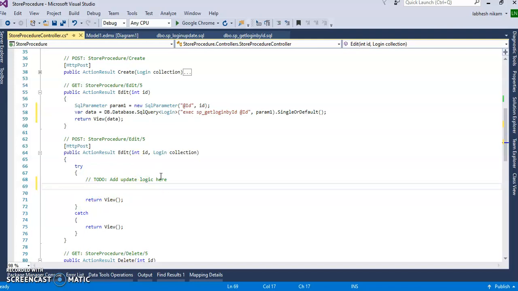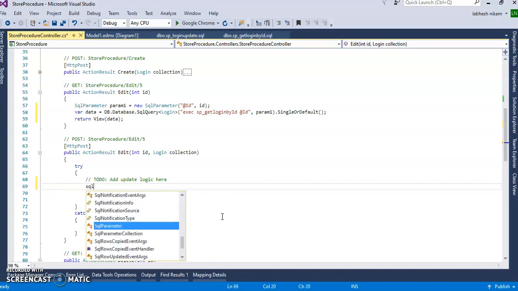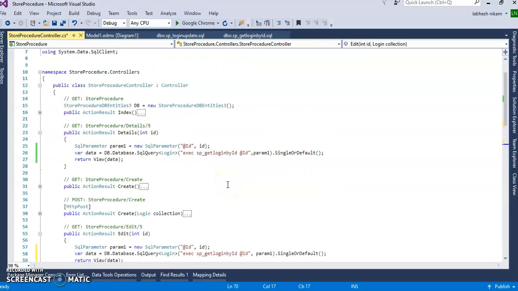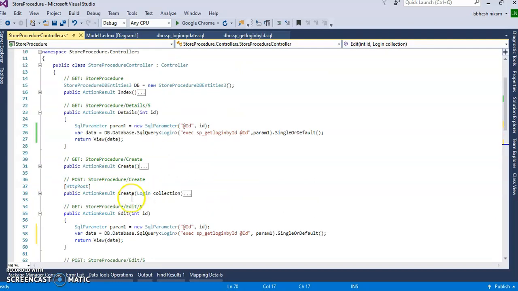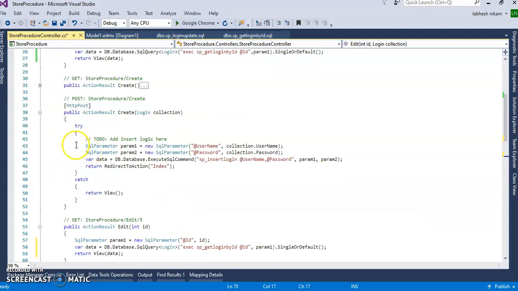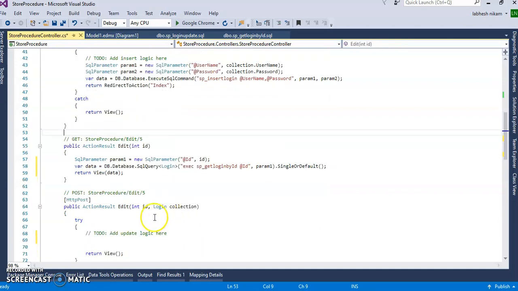So let's write the code inside the try using SqlParameter. I have already used that code in the save. You can see here the create method has already passed the data to save the data, and I will take that same one. No need to create it again, right? So both these parameters I will pass here.